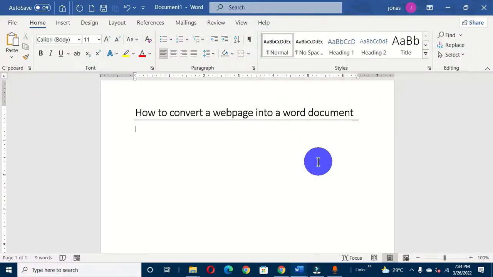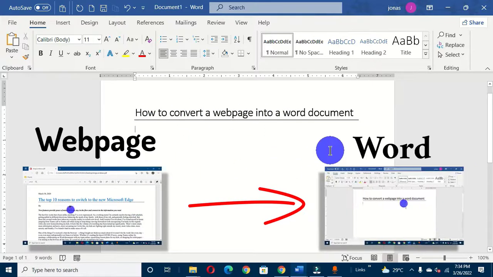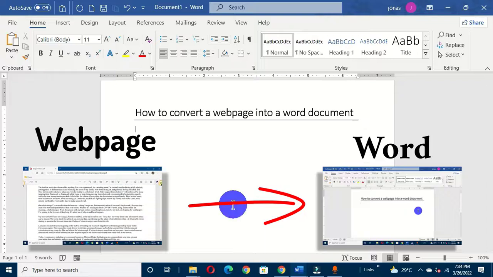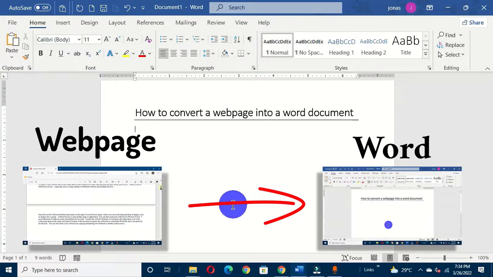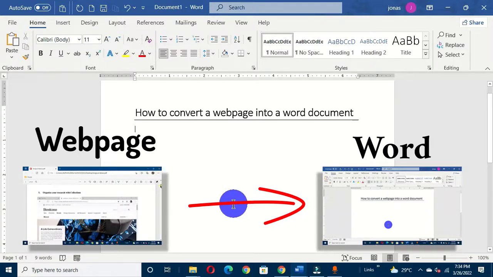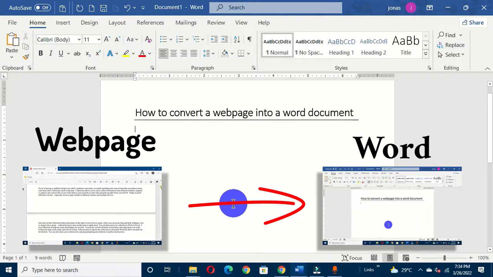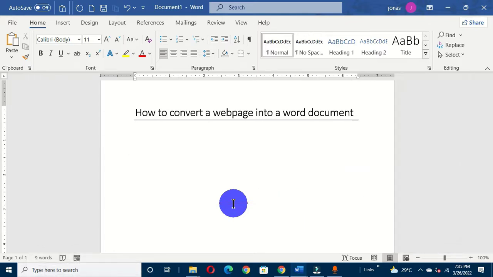In today's Microsoft Word tutorials, we are going to learn how to convert a web page into a Word document. This operation can be done by using an online software to convert a web page into your Word document, or you can manually copy your text and image within the web page and paste it into your Word document. But in today's video, I'm going to make it very simple and also show how to easily convert such a web page